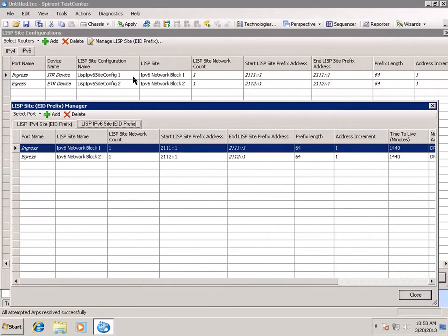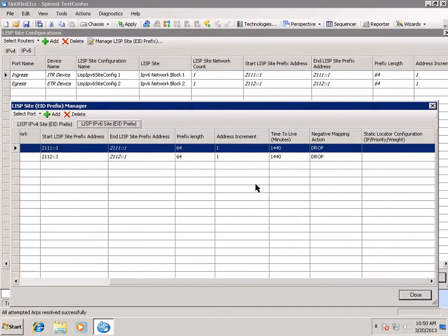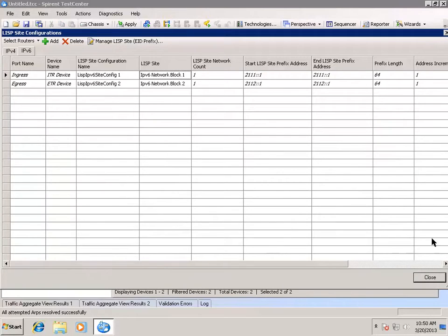So this site is calling in this network block, and it displays what the IPv6 information is. But you have a few more settings that you can set over here in the prefix manager. Your time to live, your negative mapping action. You could even set your priority and weights,